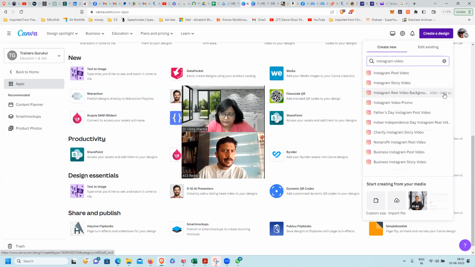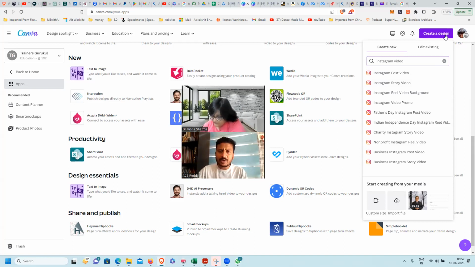You just click on create a design and this page will pop up. Then you start typing Instagram video in the search. I am looking for this Instagram reel video background. It gives me 1080 by 1920, which tells me it is going to be a long one. On the right hand side top, you should see create a design.